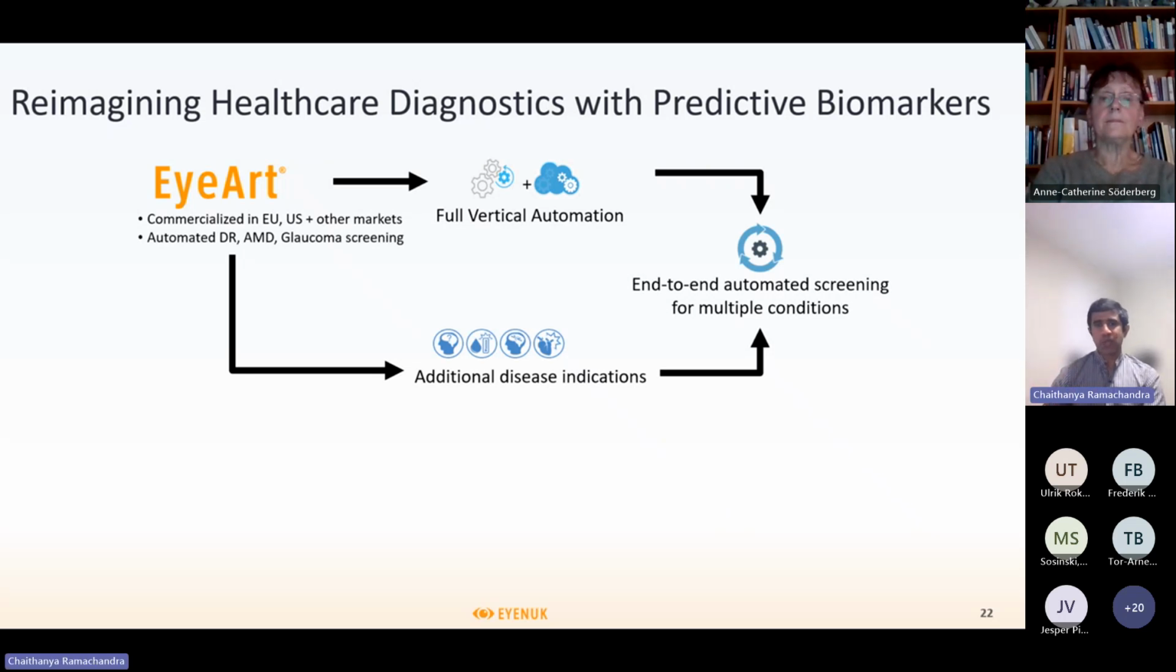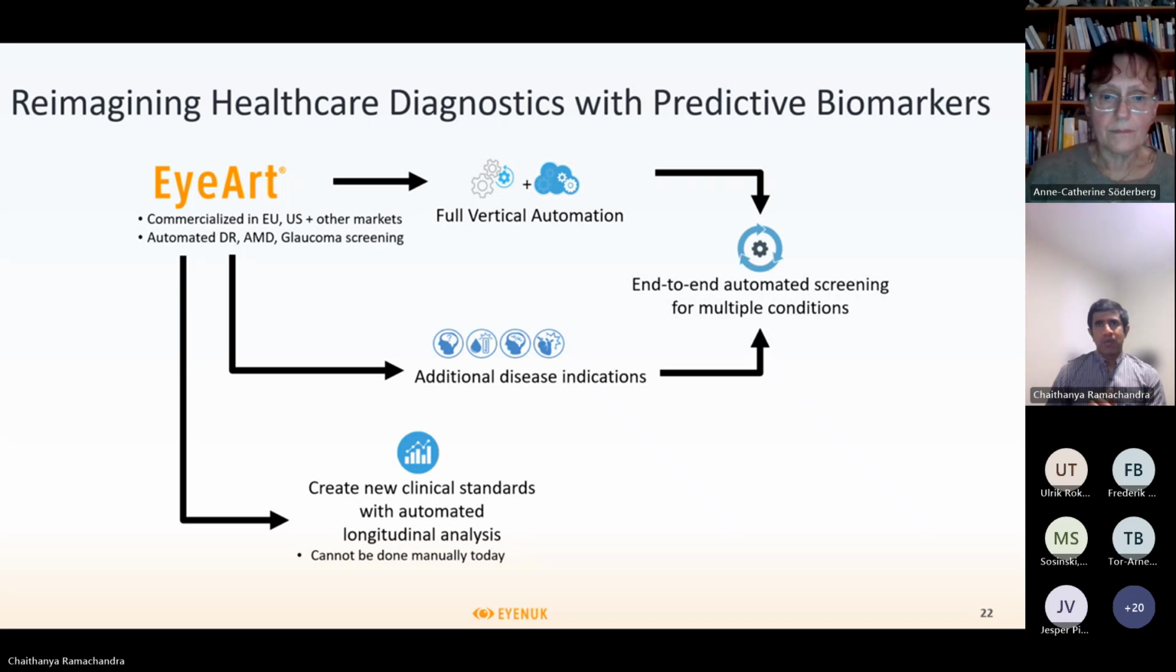That's that report that I showed you earlier. That is not only with AMD, glaucoma, and DR, but also cardiovascular conditions and many other systemic conditions. Once we have that, what we are more excited about is our current research work where we are comparing imaging from multiple